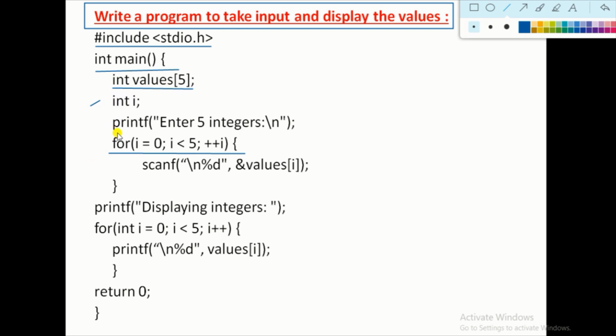It instructs the user to enter 5 numbers. Then we put the for loop here to take all 5 values, but here we do not write the scanf function 5 times. Instead, we write the scanf function one time and iterate it 5 times by using the for loop.